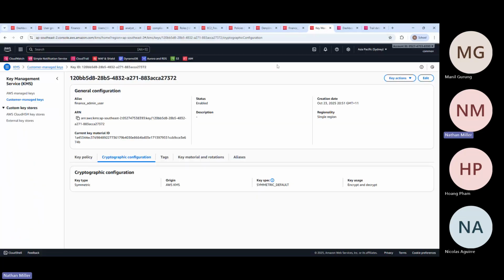Then going into our Key Management Service, I created a custom key for the finance admin user, which is a symmetric KMS key, which encrypts sensitive data such as our S3 buckets, RDS databases, and CloudTrail logs using AWS's managed encryption. And then finally, in CloudTrail,